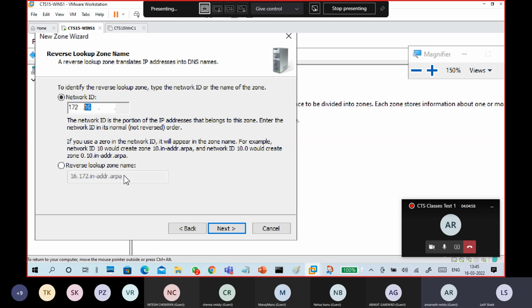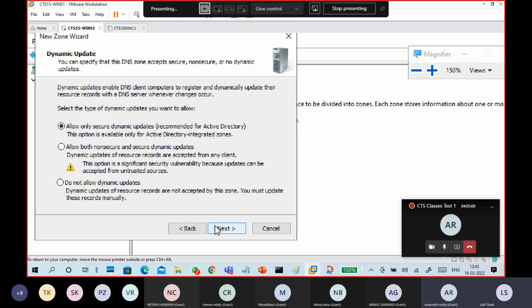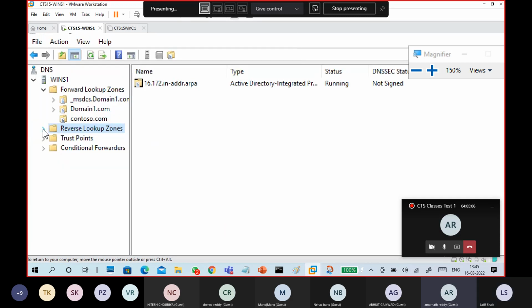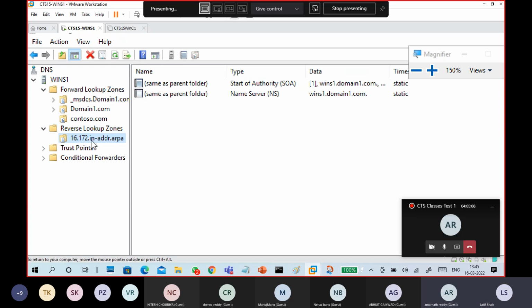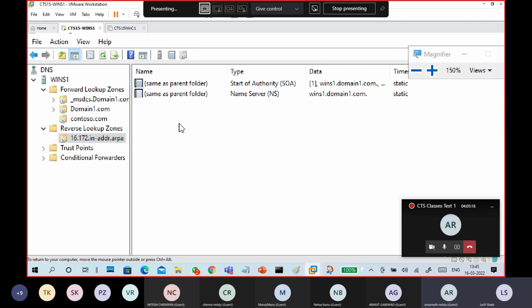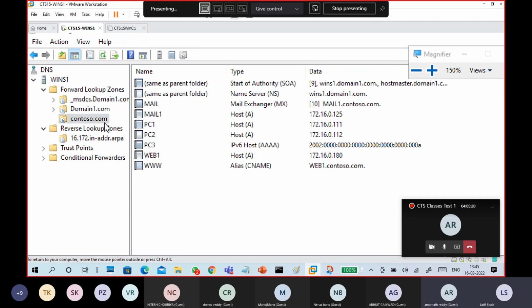Okay, so this is the name it will show. You can choose either one, no problem. Finish it. So this is your zone name, 16.172.in-addr.arpa. The SOA record is showing, and the NS record is showing like this. Okay. Now